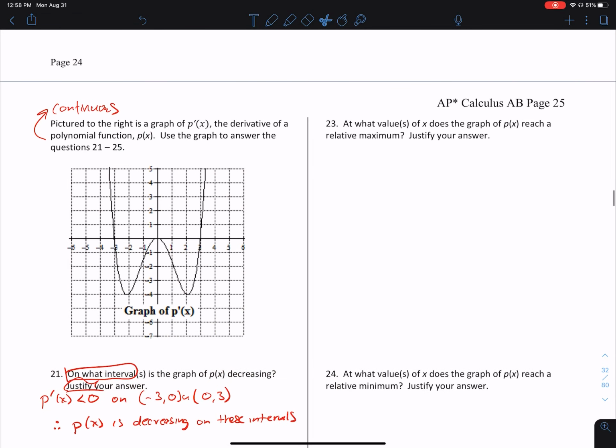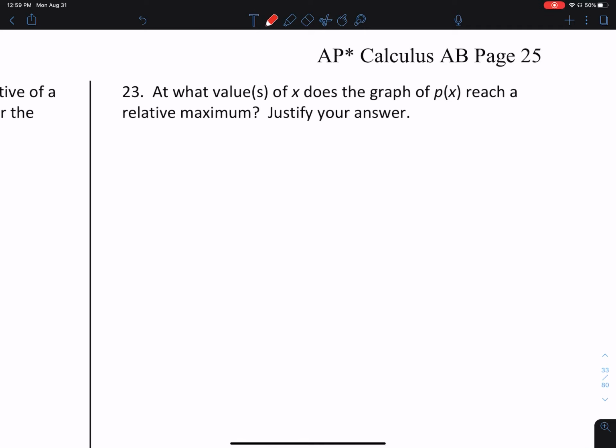23. At what value or values of x does the graph of p of x reach a relative maximum? Justify your answer. Well, just like for the other problems we've done in this section, in this review, anytime p prime changes from positive to negative, then p is going to have a relative maximum. So without even looking at the graph, I can write the structure for this. P prime of x changes from positive to negative